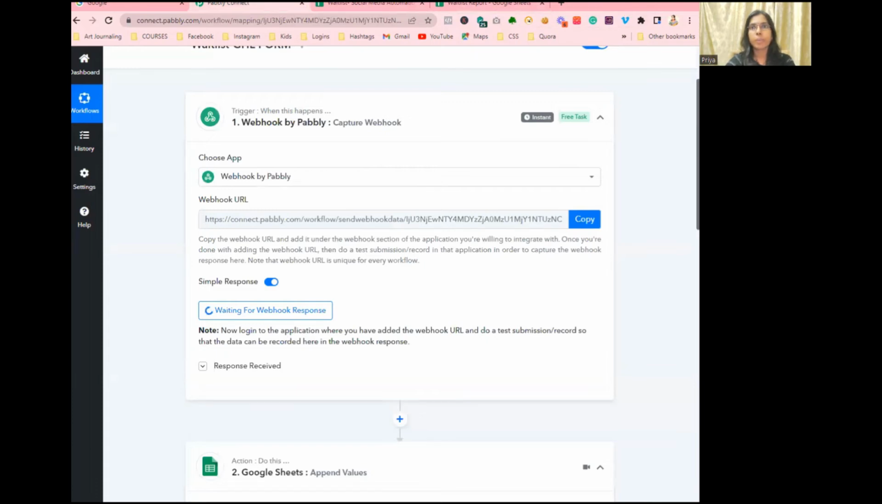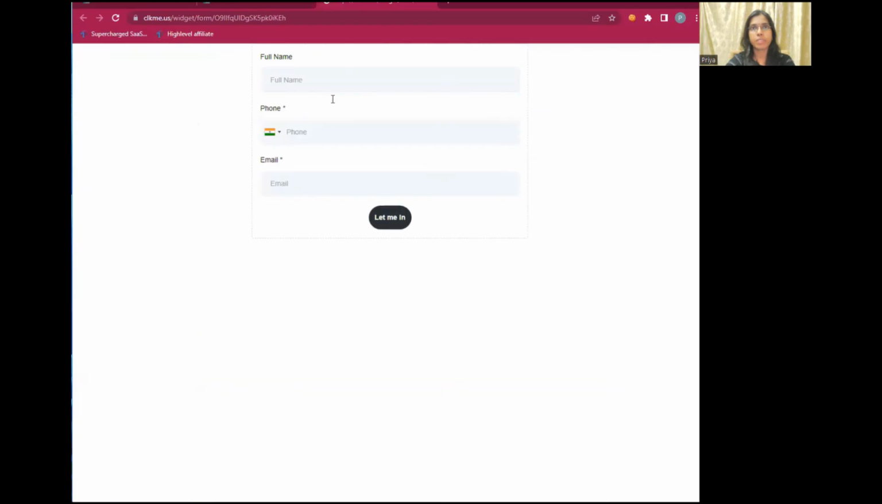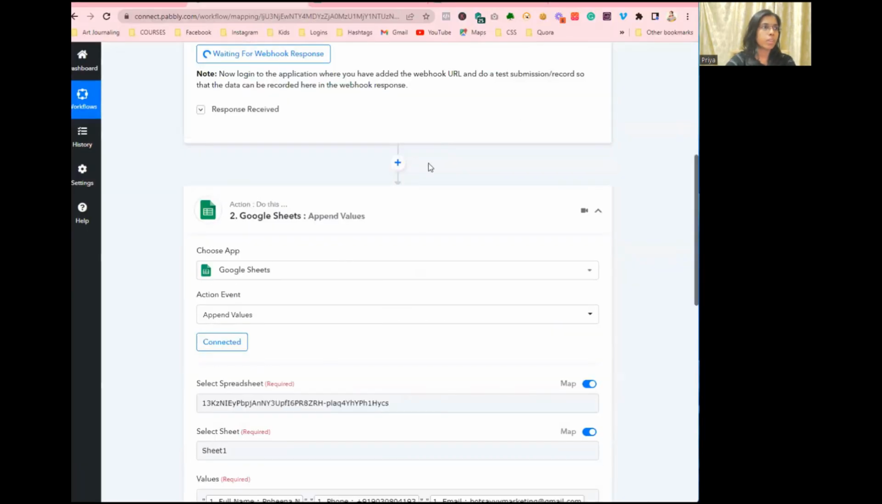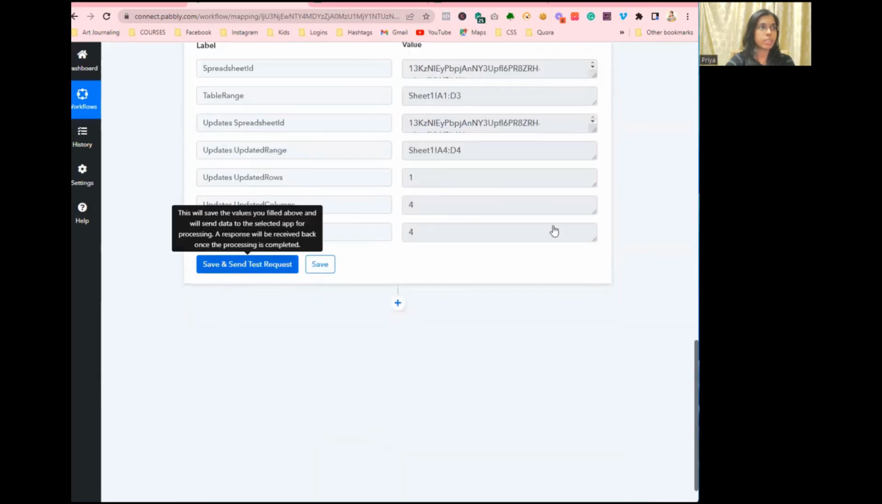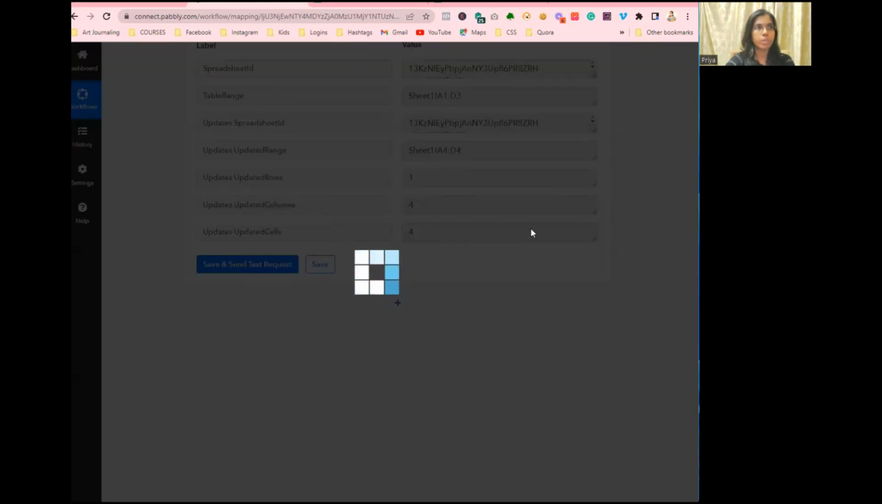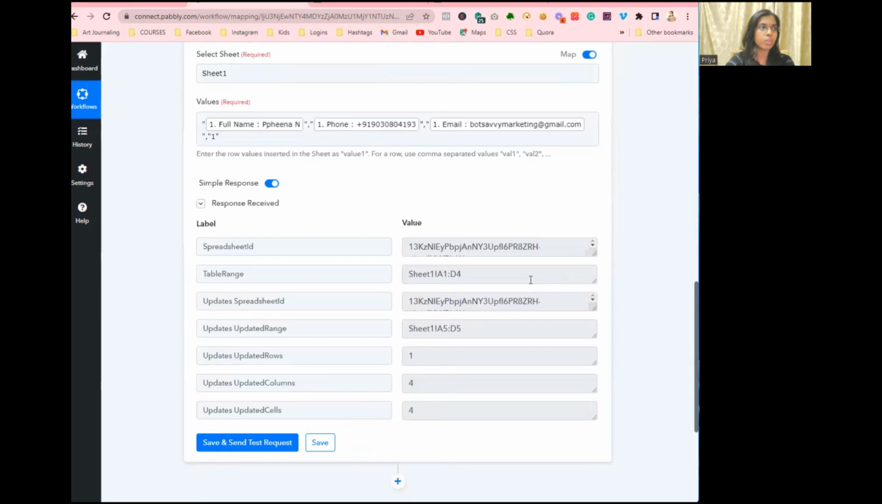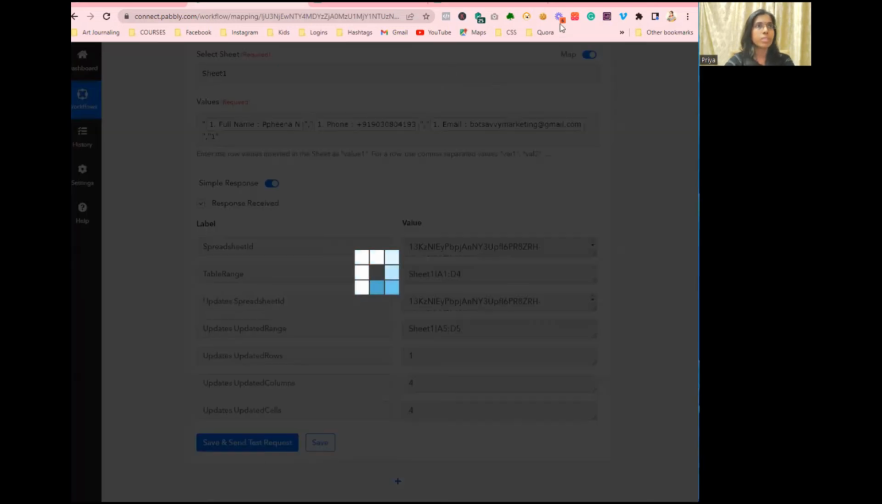Now let's test this. I'm going to give this value. Let's say again, Priya. I'm going to give this number again. Okay, so it says thank you for joining the waitlist. Now let's see what it says. We can again save or send. My internet connection is very low, so that's the reason. Okay, so once this is saved,